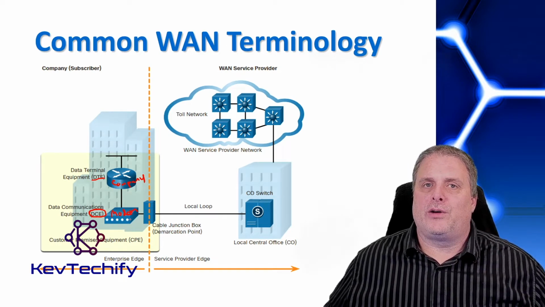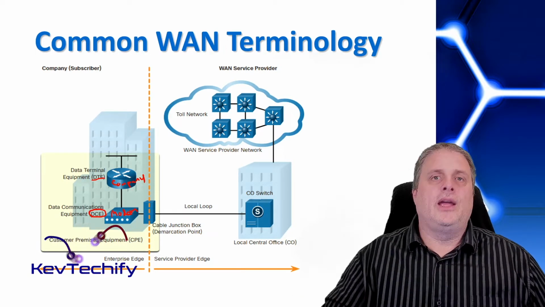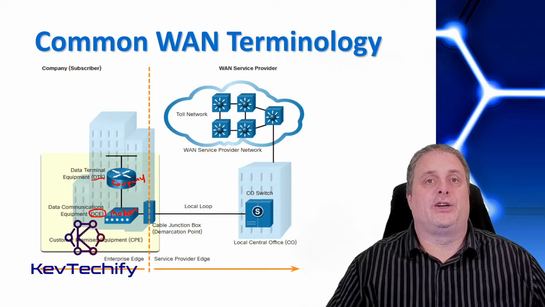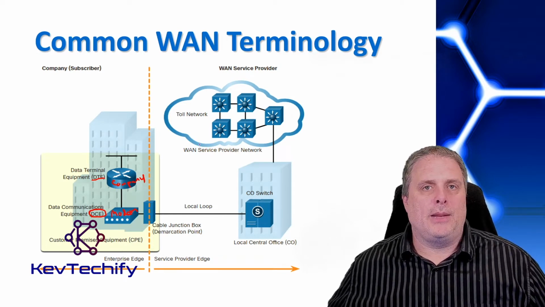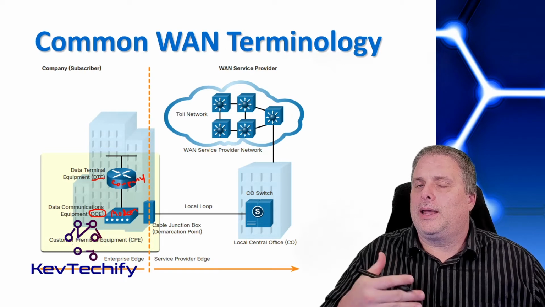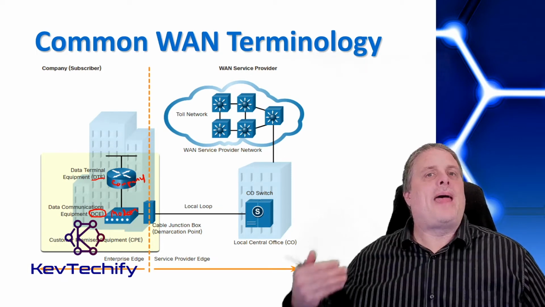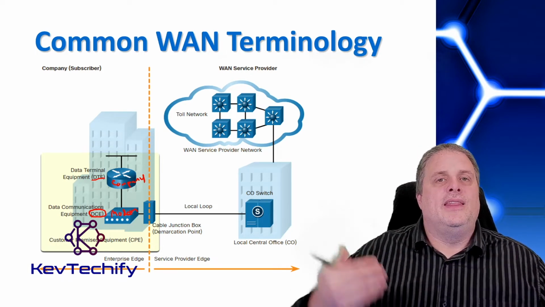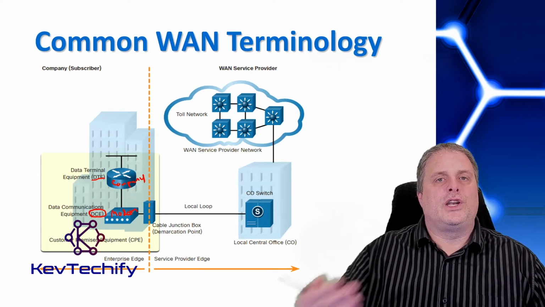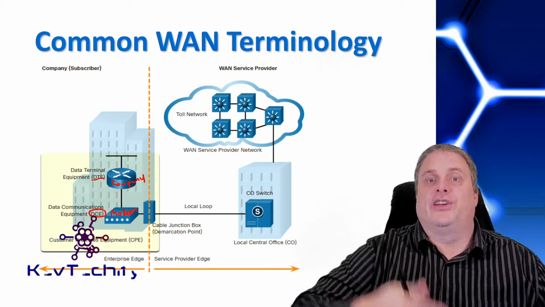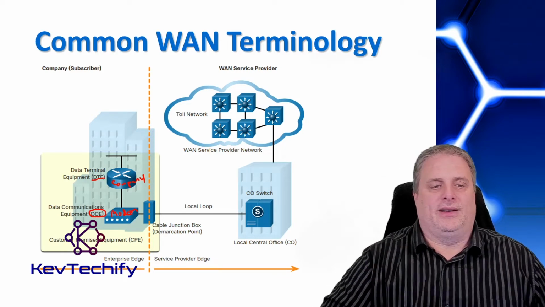Well, if that internet provider would say, okay, you pay this much to get 100 megs download, and then they sent you an email with instructions on how to set your speed, and you could set that speed anywhere from 10 megs up to 1,000 megs per second, but you're only paying for 100 meg download. I got a feeling some people would set it a little bit higher than just that 100 that they're paying for. They would set it up to the maximum speed, get the maximum bandwidth. And that's why providers tell you what clock rate you're going to connect at, because of what you paid. Because if you got to set your clock rate, you're going to set it as high as possible. And so that's where we set the clock rate on the DCE end.